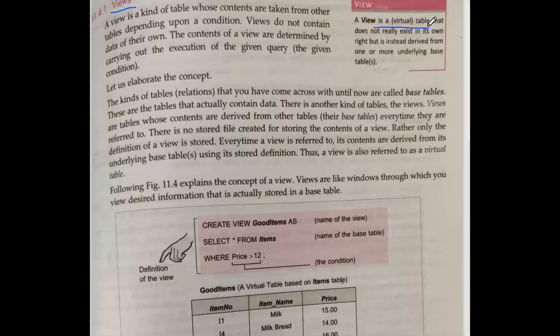Virtually it will exist, and actually we will have one main table through which we are going to create the views. Now if we enter any record in the view, it will actually be entered in the main table. Similarly, if we delete anything from the view, it will actually be deleted from the main table. So this is the meaning of view. Actually it is only providing you the interface of your view of your data.